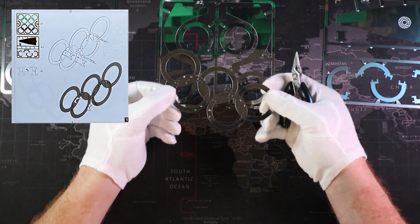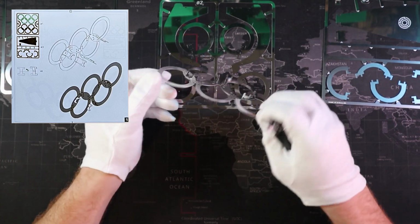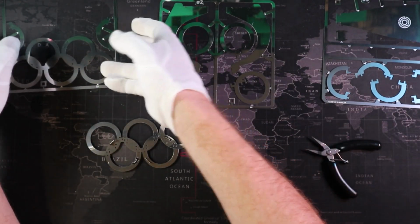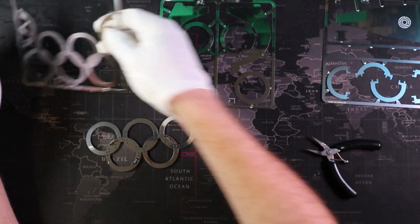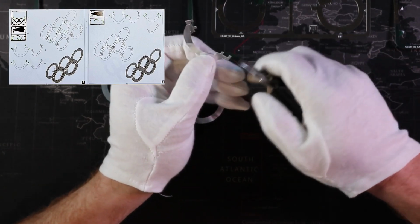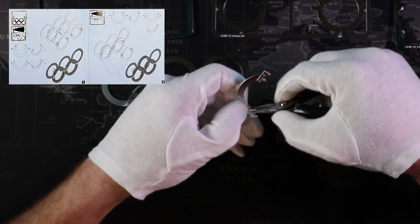Looking pretty good. Now, if you're having some more problems with these still falling out, don't worry. When we put the other side on, it should stay in place. Let's move on to our next part where we're making our rings. For our ring detail pieces, we need to make sure they're filed down properly before we form and attach them